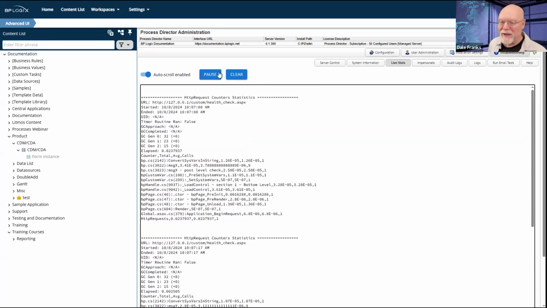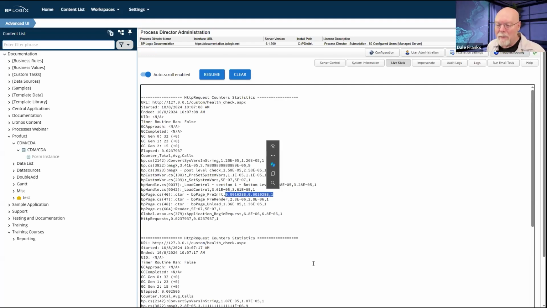While this is scrolling, let's pause. So pausing is helpful because I can stop it from reporting and thus stop it from scrolling. So we can actually see how long it's taking basically in seconds to retrieve a result. Now, some of these are very, very fast. And so they're being shown up in exponential notation, in this case with 5 decimal points. So it's 0.0000361 seconds that this is happening.